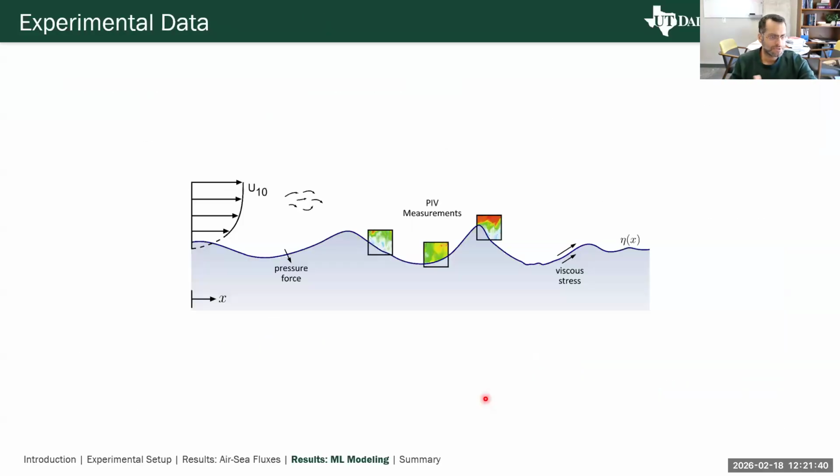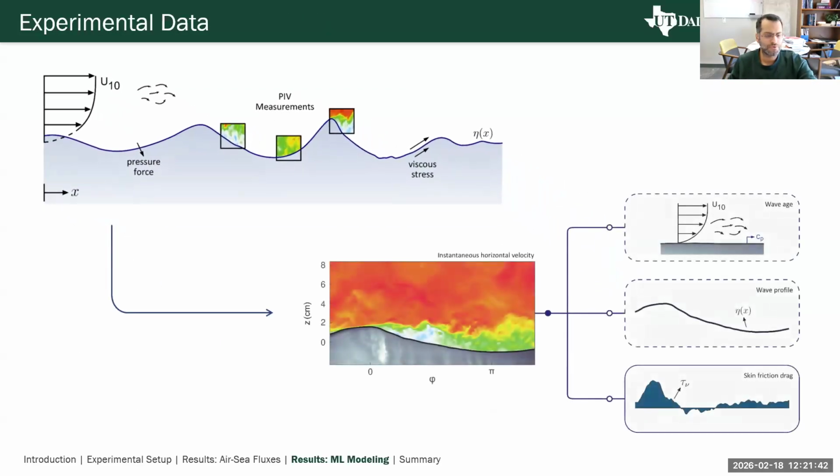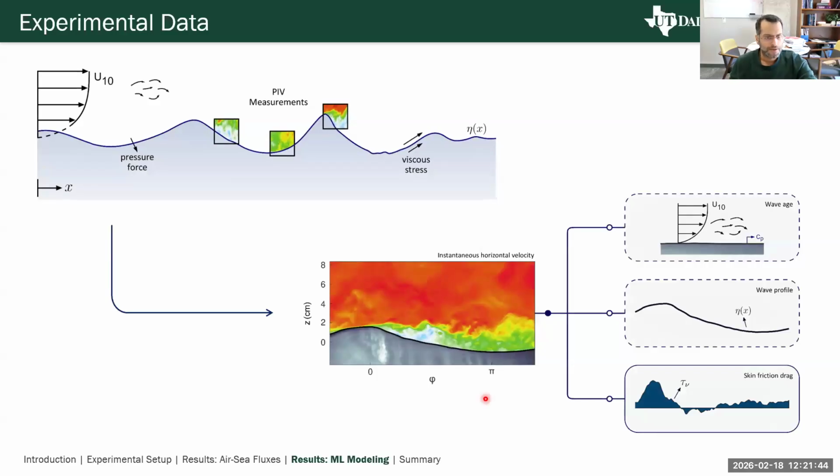So we are using the experimental data that I showed, right? From this experimental data, we technically can extract the wind speed, we can extract the wave speed, we can extract the wave profile, and we can also calculate the skin friction drag. So our goal is, can we develop a model that can predict the skin friction drag from just surface